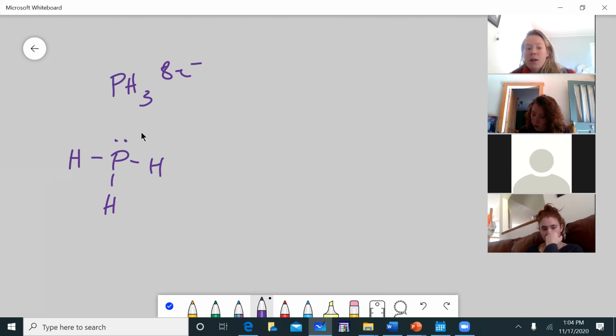This side will have an overall negative charge, and this will have sort of a positive charge around the hydrogens. That's permanent though. That's not something that comes and goes. Another example of a polar material would be